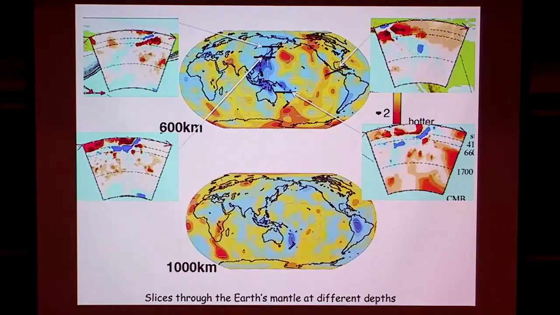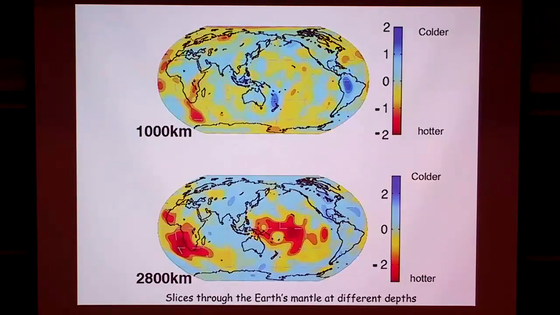And as you go deeper in these shear wave velocity models, you see most of this disappears. Only some areas remain, which happen to be the ones where Fukao also sees structure at 1,000 kilometers, but most of the other signals disappear. And by the time you get to the bottom of the mantle, the structure has changed very dramatically, and you have these two large low shear velocity provinces, surrounded by this ring of